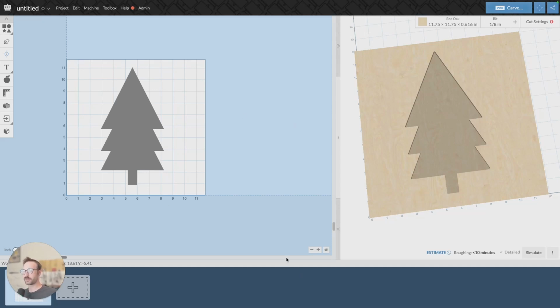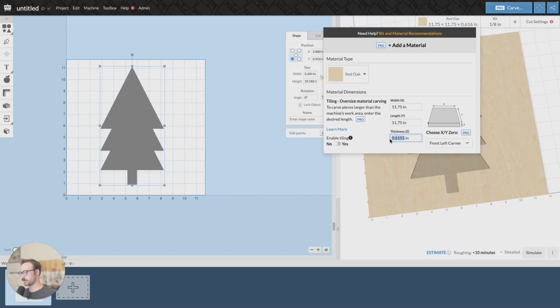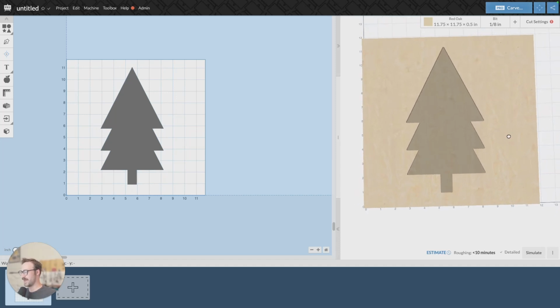Today we're going to be walking through another app in the Easel app library. This one is called the Interlocker. And essentially what this allows us to do is take a carved shape. I'm going to adjust my material settings here really quick. Take a carved shape and